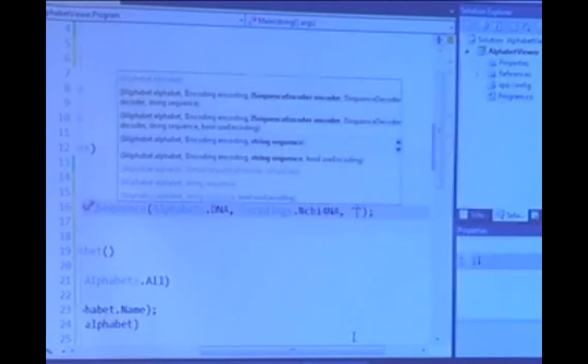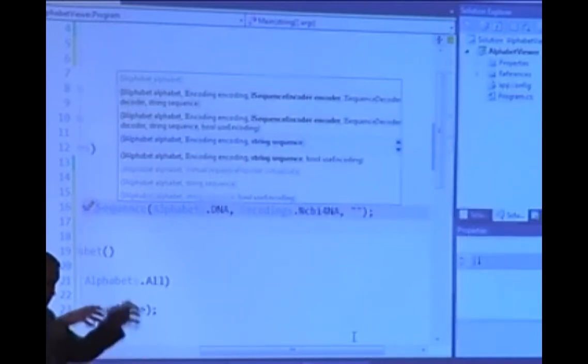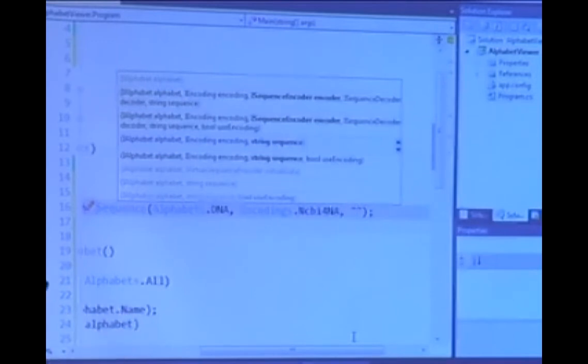Now notice as well, there is a constructor here that takes a sequence encoder and a sequence decoder. The purpose for that is you can build custom encoding and decoding classes. So if you have some particular idea that you can represent this data far more efficiently because you understand the data that's being manipulated and read, you can actually supply your own sequence encoder and decoder to be able to do your own mapping.